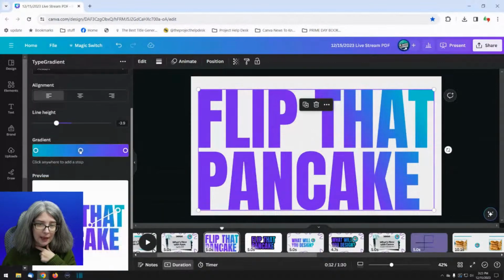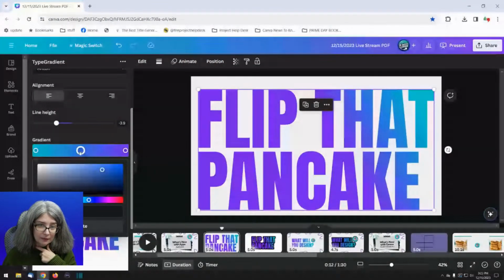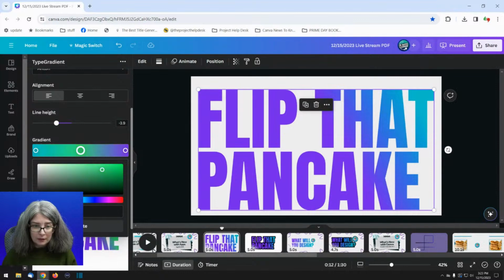Now we're going to go back to this and go to edit, because the fun thing is that if I click this button right here, I can, oh boy, I just lost my brain. I can slide this across the color bar and change that last little bit to a different color if I want. I can also select this and move it to the left or to the right. I could do the same thing here.